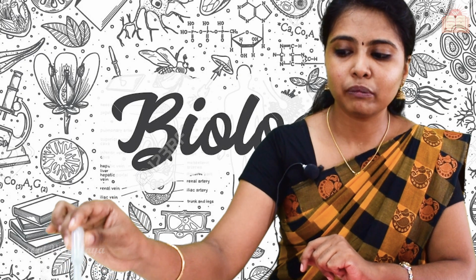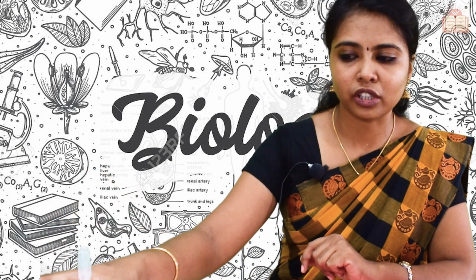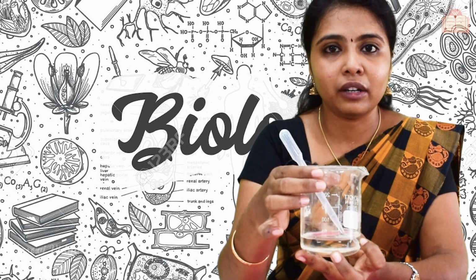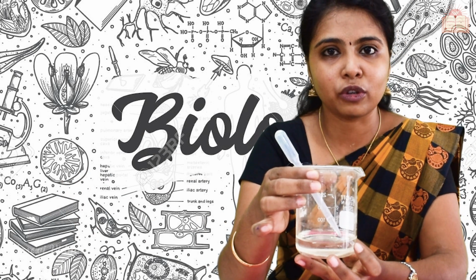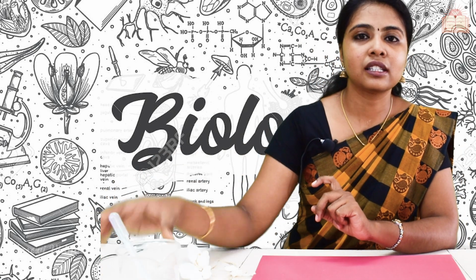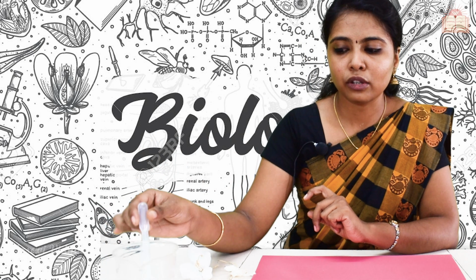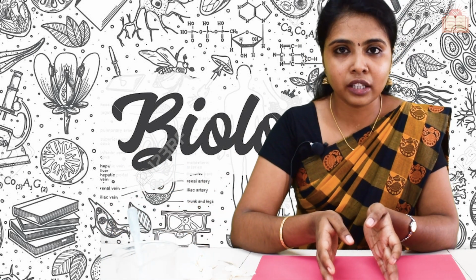And then we need a needle for dusting the pollen grains into the cavity slide. Then we need a brush or a dropper. This brush or dropper can be used to drop the sucrose solution. This is the sucrose solution. We have made it 100 ml. In 100 ml of water, 10 gram of sucrose is taken and stirred well to make this sucrose solution. And this sucrose solution has to be dropped into the cavity slide.